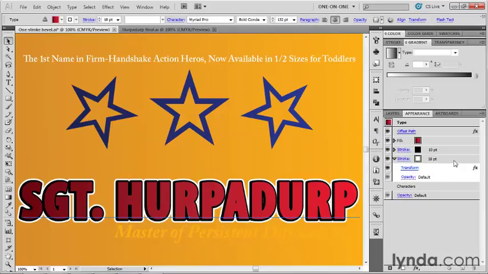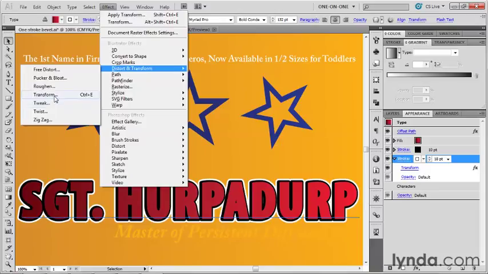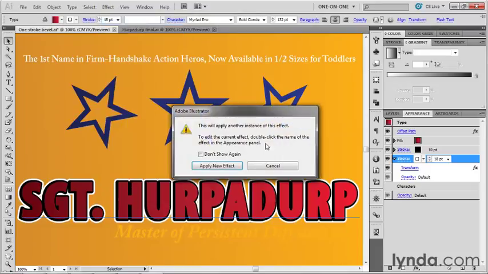So as opposed to clicking on stroke and then going back up to the effect menu and choosing the transform command again, either up here at the top of the menu or from distort and transform. But I do want you to see at the top, we've got two commands that allow you to duplicate the last effect you applied. One is apply, whatever the name of the last effect is, in which case you apply the exact same settings, or just choose that command right there, in our case transform, which applies the same effect, however, using new settings. So you'll get a dialog box on screen. However, if we choose either of these commands, we're going to end up getting an error message,